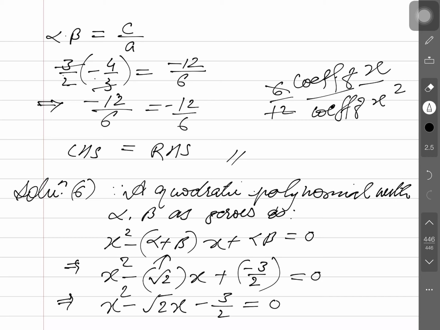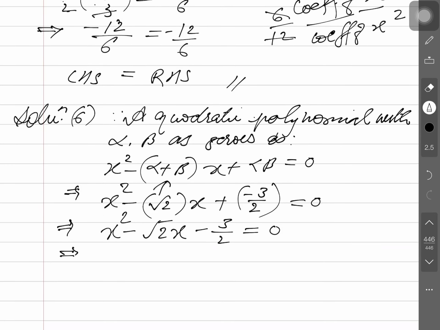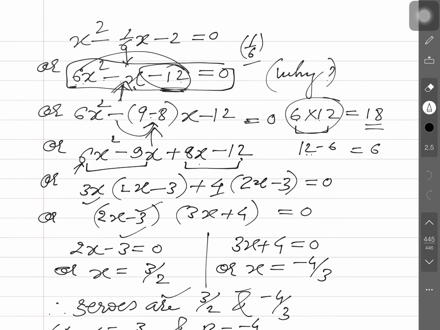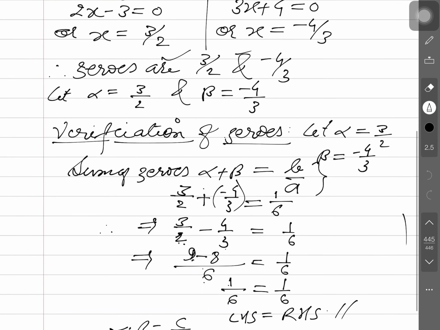So already I told you this: if the coefficients or constant terms come as a rational number, then you can bring this as a whole. So this 2 is to be multiplied into the whole expression. So it shall be 2x square minus 2 root 2x minus 3 is equal to 0. It's your answer. Not only the answer you have to do up to here, but the zeros also have to be found out. So the method of finding zeros is again the middle term splitting method that you have done previously. Okay, this method is to be employed here.